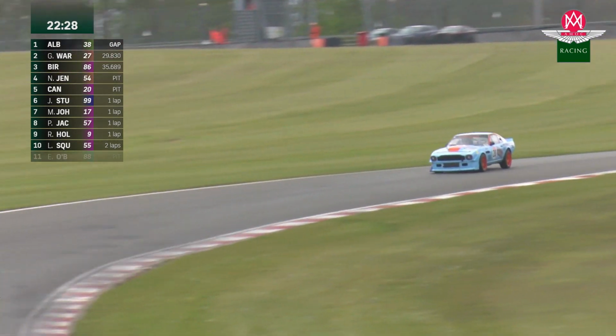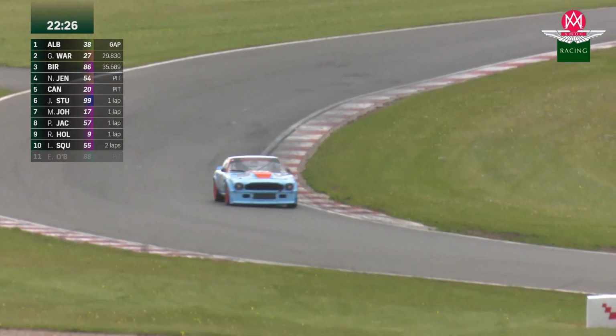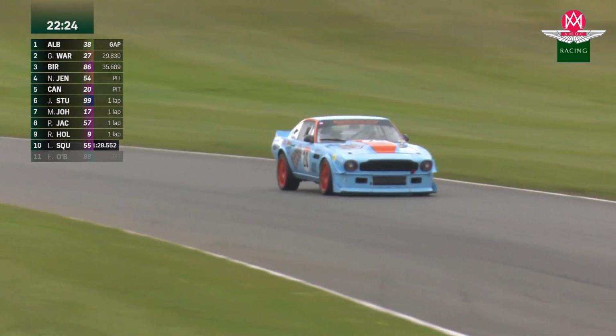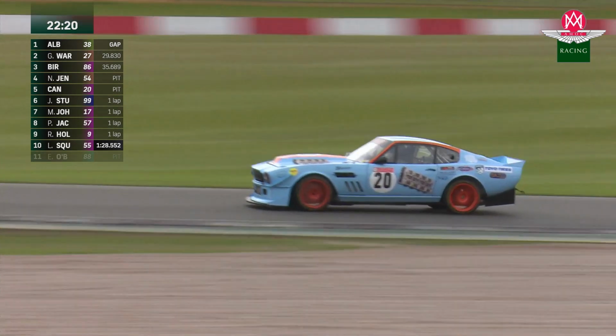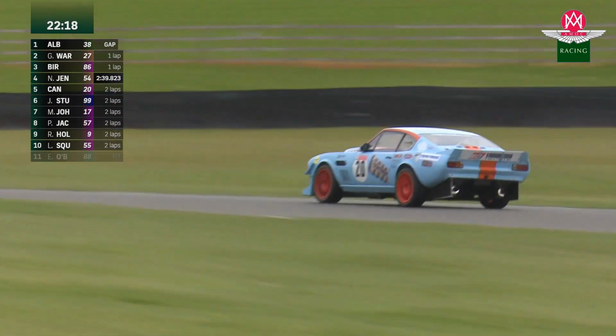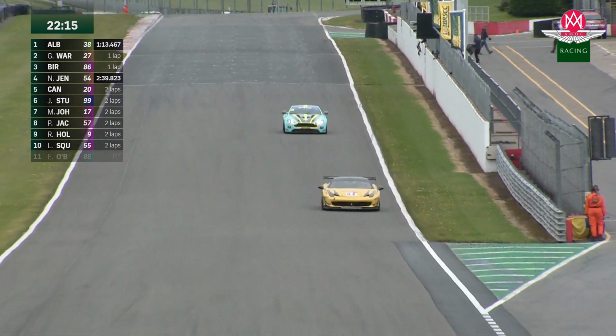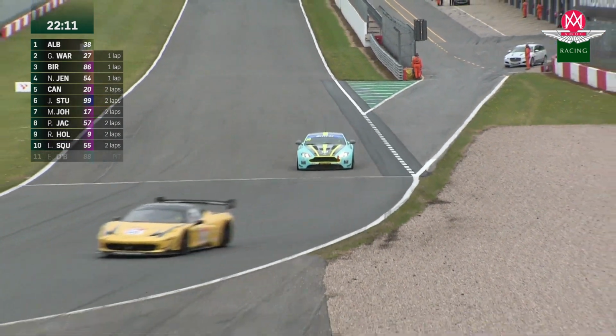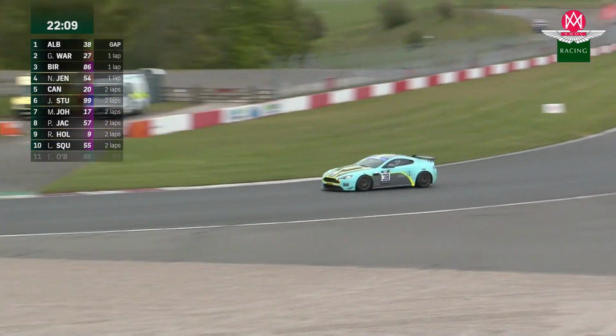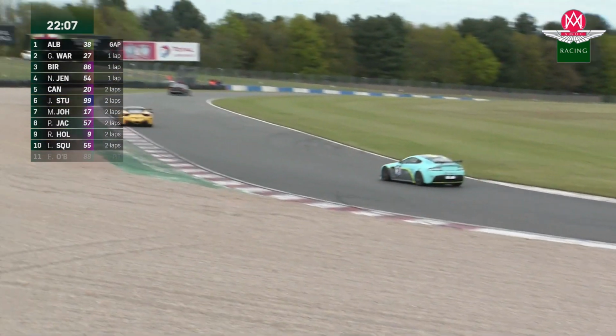So approaching half race distance then, 22.5 minutes still to go in this one, and the lead gap, which is a bit academic at the moment because we're still waiting for the top 3 cars to pit, is 29 seconds or so between Albert in the Aston Martin and Wardle in the Porsche. There is the car that should reclaim the lead once all of this is said and done. That is the Nigel Jenkins Ferrari,